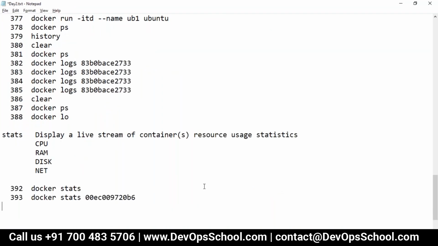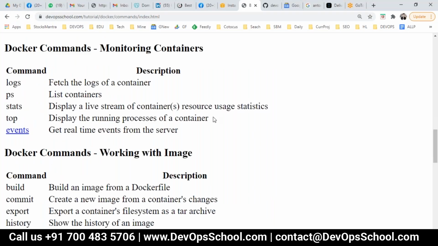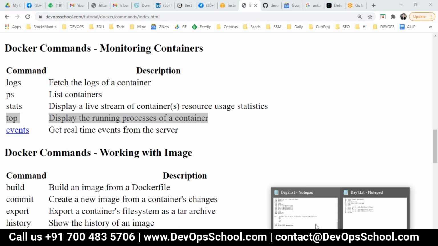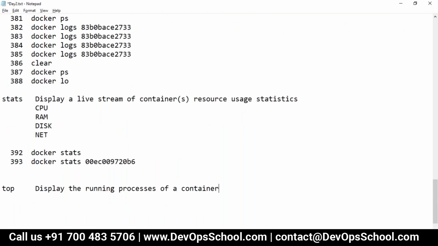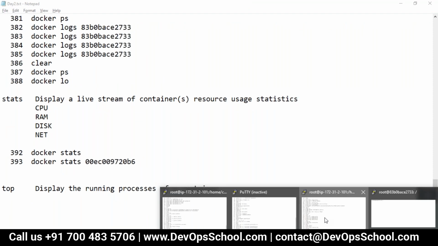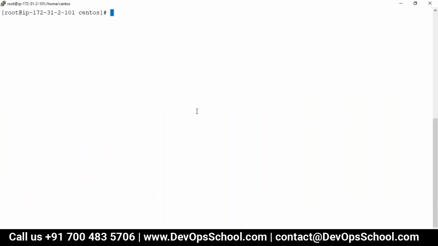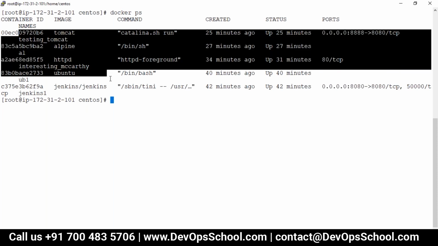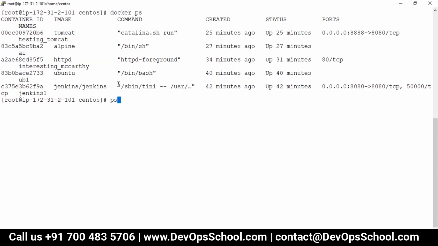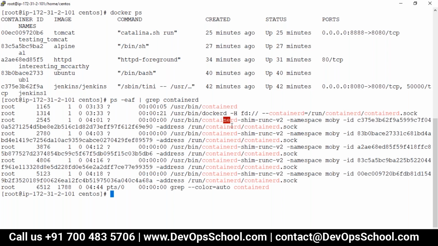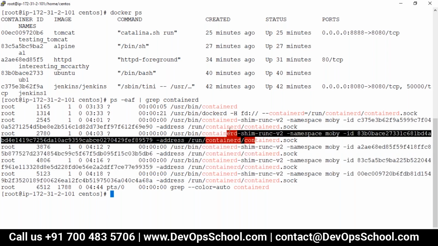Okay, now the next command I see is the top command. The top command is also a very good informational command. So what kind of information do you get from here? Guys, the top command will give you the process ID of that container on the host machine. Mind it, I said host machine. Let's say docker ps. Right now I have 5 containers running. How do I know, in the host machine, if I grab a container ID, which one of these 5 containers belongs to which process ID? There's a 1, 2, 3, 4, 5.